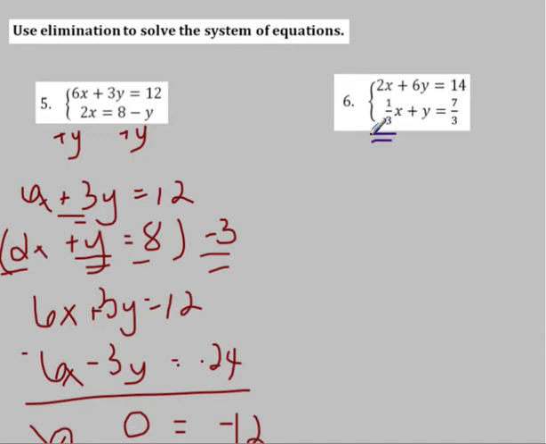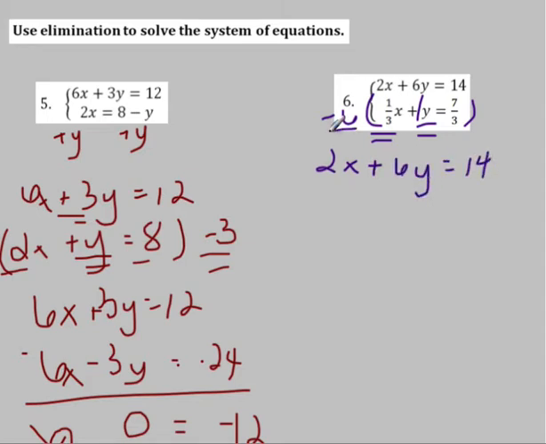But what's even easier is to look at the +1 coefficient. How can I take that +1 and make it a -6? Because we want it to be opposite. Well, to do that, I just multiply by a -6. So I'm going to keep that first equation the same, and I'm going to multiply the second one by a